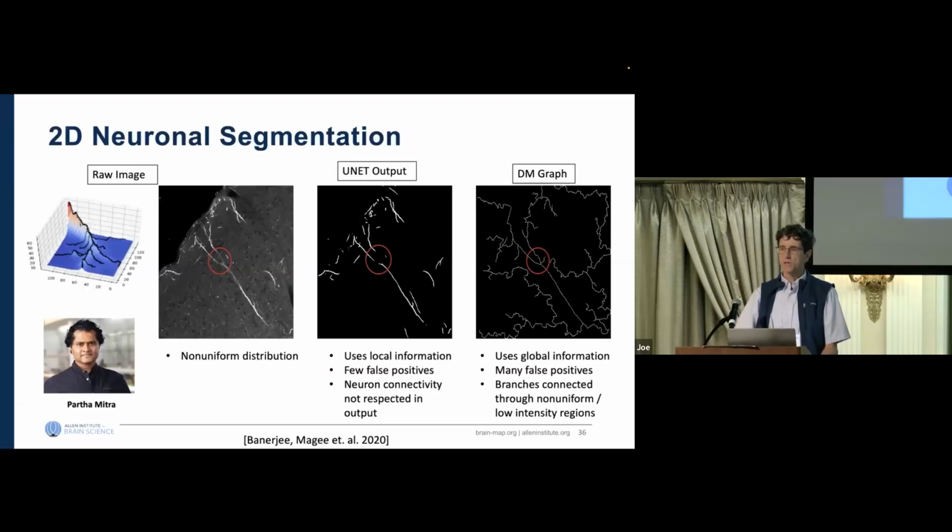A natural application of this was done here by my colleague, who I know some people in the audience know, Partha Mitra. This was applied to a comparatively more pragmatic case, I wouldn't say easy, of reconstructing neuronal shape. The analogy is that you imagine the neuron and the intensity in the measured image as a kind of height function. So the Morse function becomes the intensity in the image. And by using this technique, I can actually,